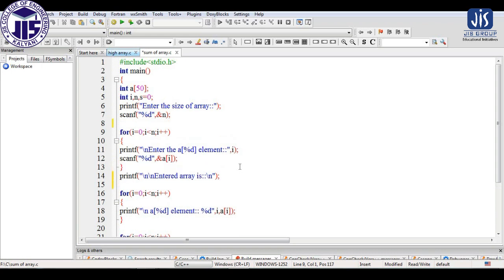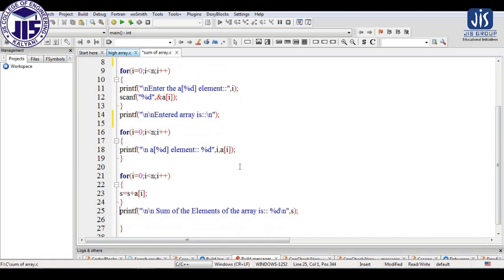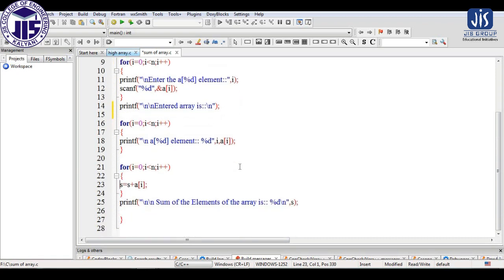So here you can see everything I have kept the same as in the previous two programs we have discussed. This is how we are taking the inputs of the array, and this is how we are printing the array. Now I am coming to the logic of addition. As you can see, here also we are using a for loop, because if we want to find out the sum of the elements, how will it find the sum? First it will add the 0 element, then the 1 element, then the 2 element, then the 3 element.